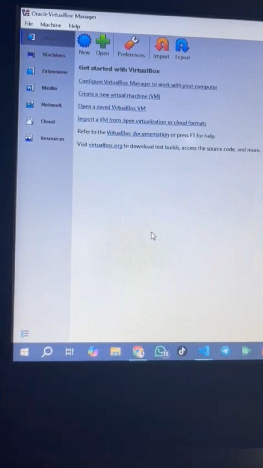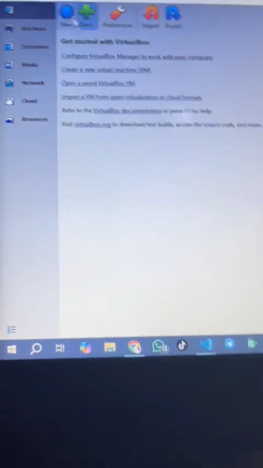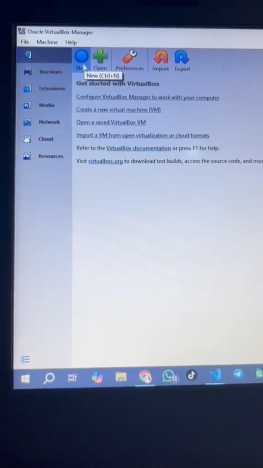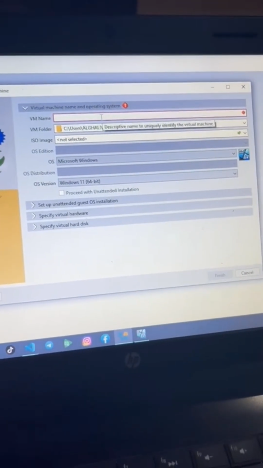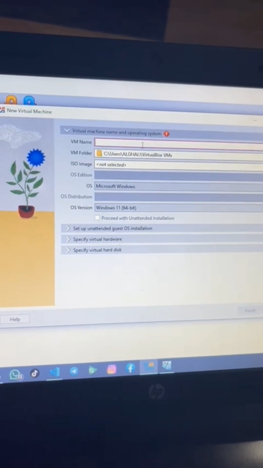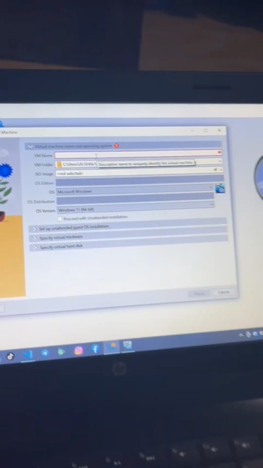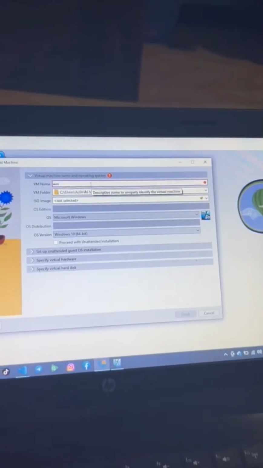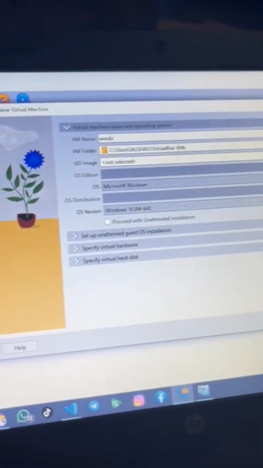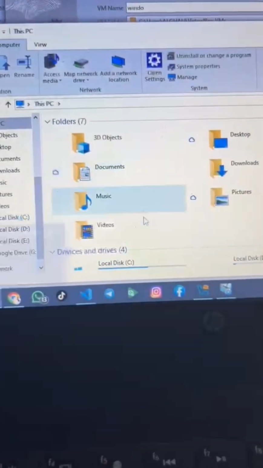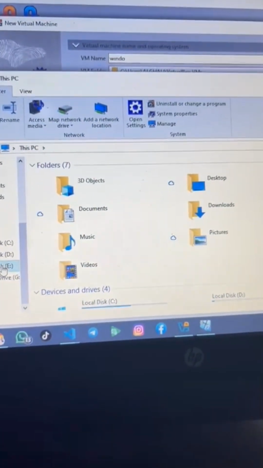So now let's start. Go to New, click New, then from here we can see, let's name it first. Give it a name. Okay, we already gave the name, right? So where we're going to save this file, everything is okay here. I already made a file. Let's go